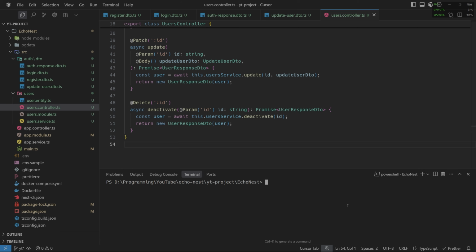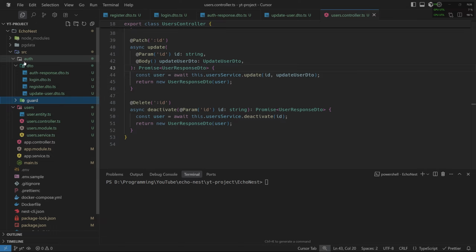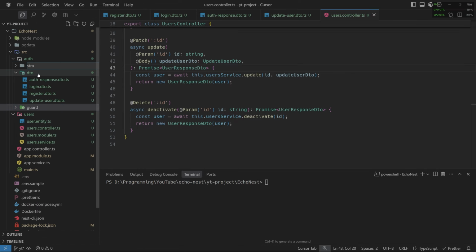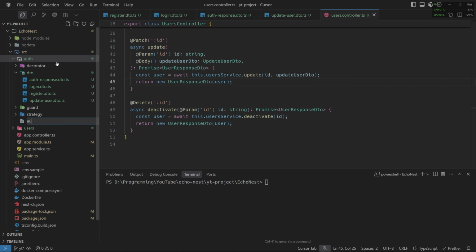Great. Now let's create our authentication module. This will handle user registration, login, and JWT token management. We will build a complete auth system that's ready for production. Let's create the necessary directories. So, guard directory. We have a strategy directory, decorator directory. Now inside auth, let's create